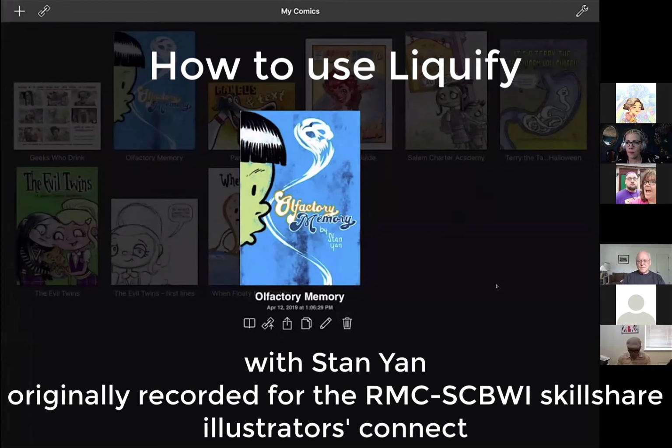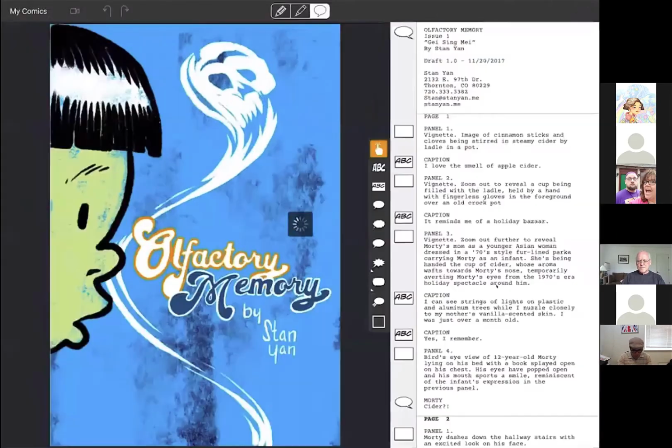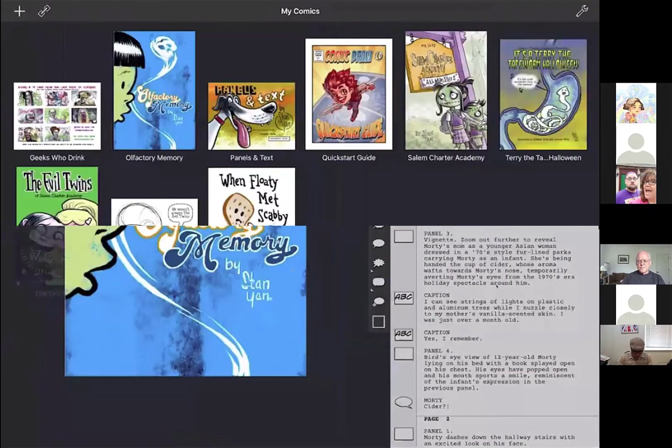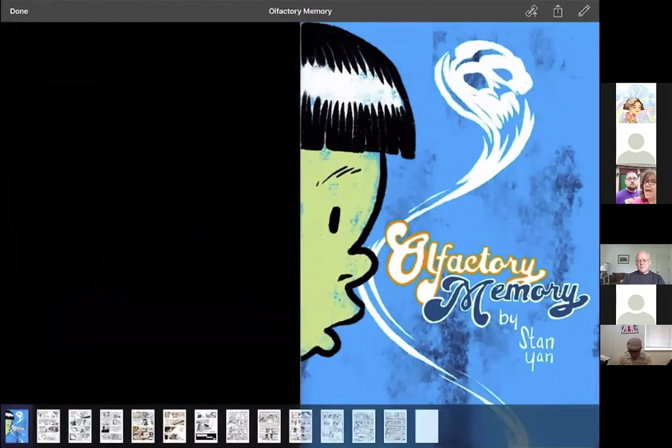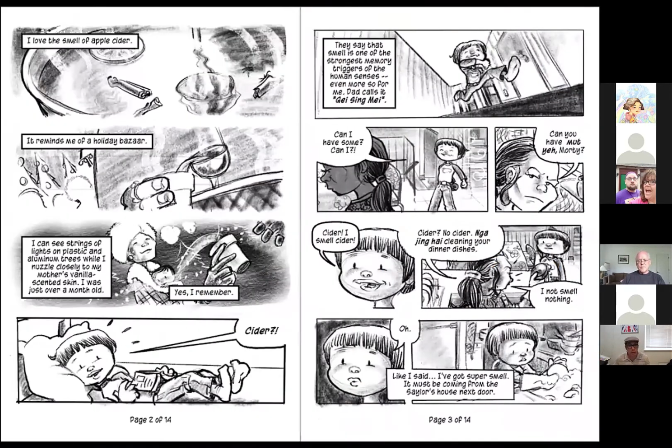Okay, so what I'm presenting today is something that I incorporated into a project that I'm working on called olfactory memory. Whoops, actually, let me go back here. And so if you look at the first panel on the first page, I drew